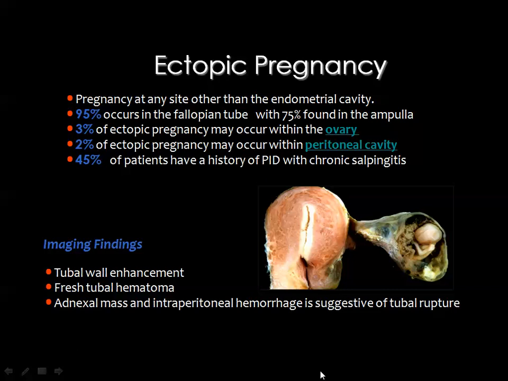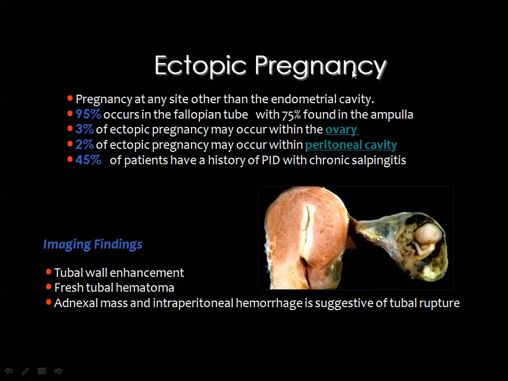And ectopic pregnancy means that the pregnancy is occurring outside the uterine cavity. 95% occurs in the fallopian tube. 3% occurs in the ovary itself. 2% occurs in the peritoneal cavity, and about 45% of these patients have a pelvic inflammatory disease or chronic inflammation of the fallopian tubes that hinders the passage of the ovum, and it rests anywhere along its course, resulting